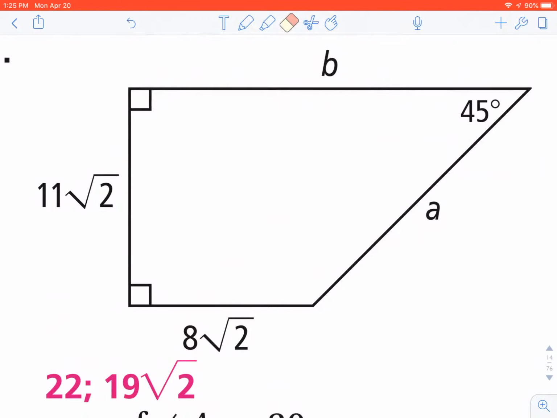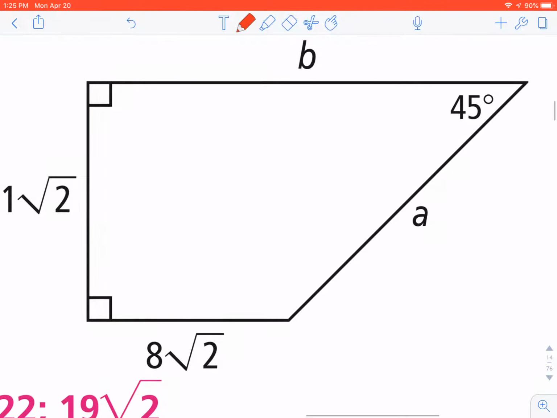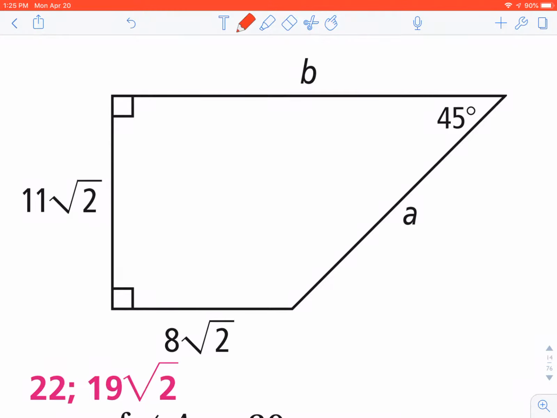Okay, this is number 21 on 8-2 Form G, and I had a couple questions asking how I divided up the shape into triangles. So the first thing that I did is, I can recognize that if I were to draw